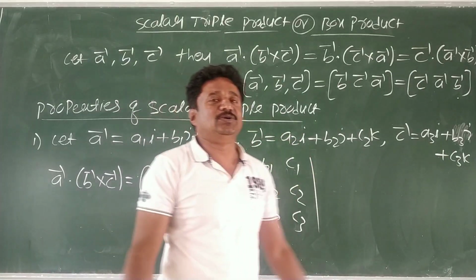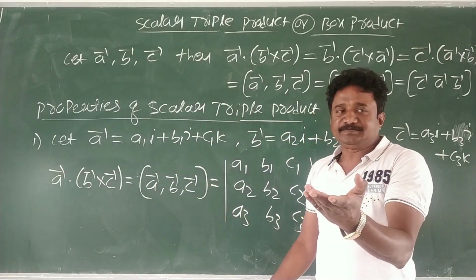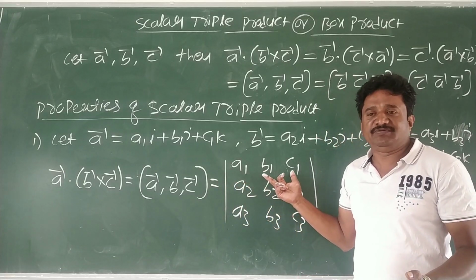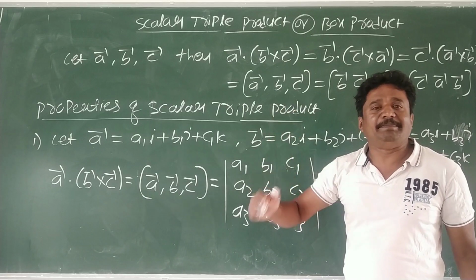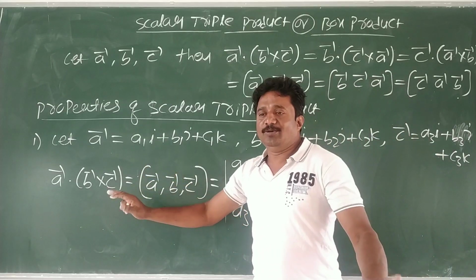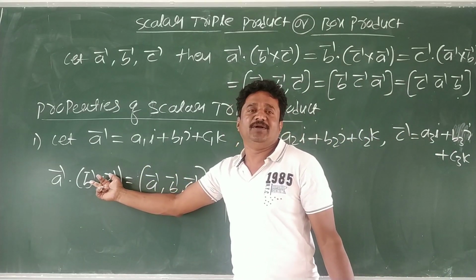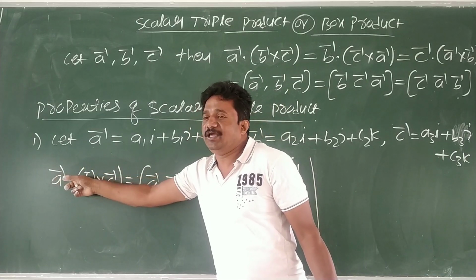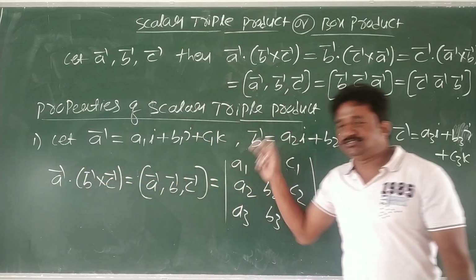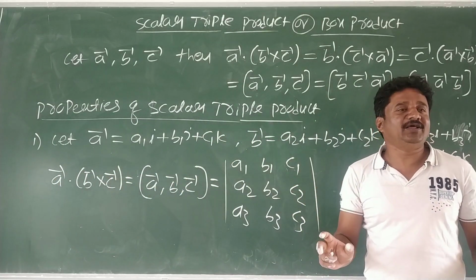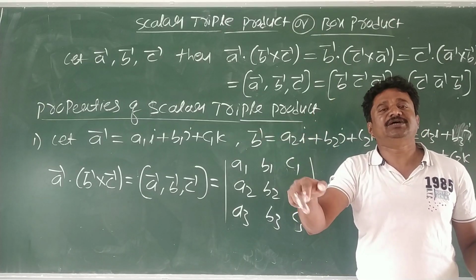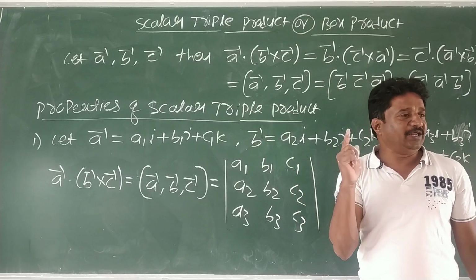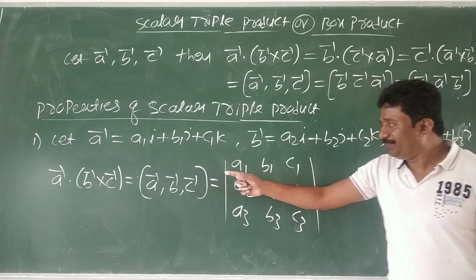I hope you understood. But this is the shortest way of finding the scalar triple product. You can do it the other way too. First do B cross C, then take the dot product of A with it, and you will get the same result. If you have a doubt, you try at home. Further, if there are any doubts, you just call me. I explain everything, right?